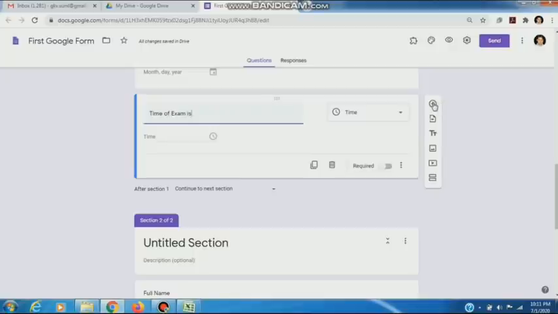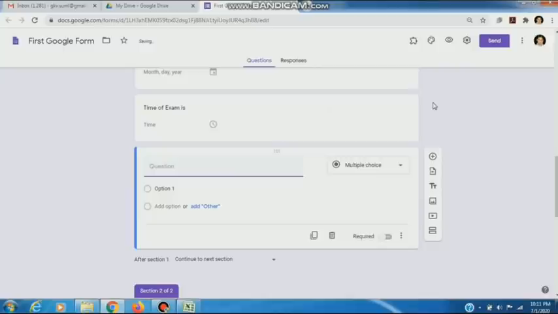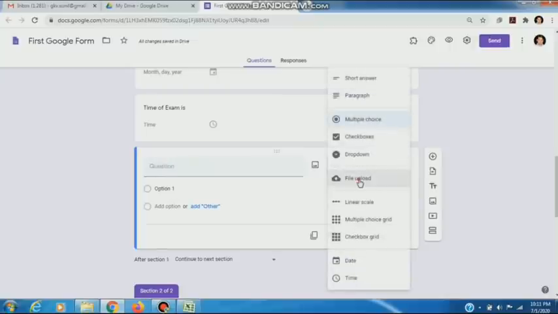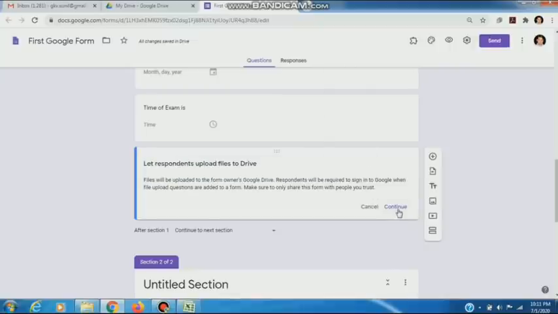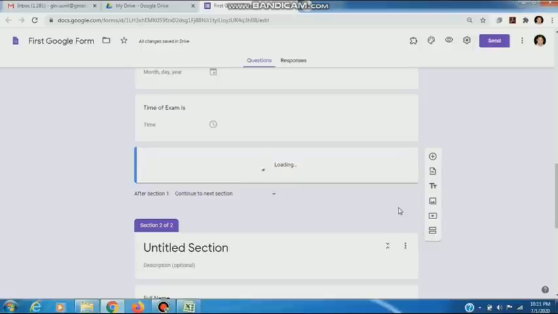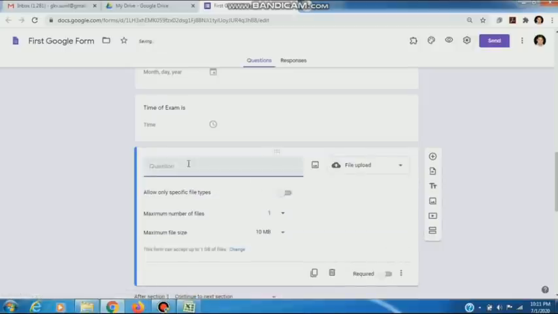Now suppose we want students to upload some files in the form of assignments or whatever work we have given them, we will choose file upload here. It will create a folder in our Google Drive. Suppose we have given a question, state and prove Cayley's theorem.